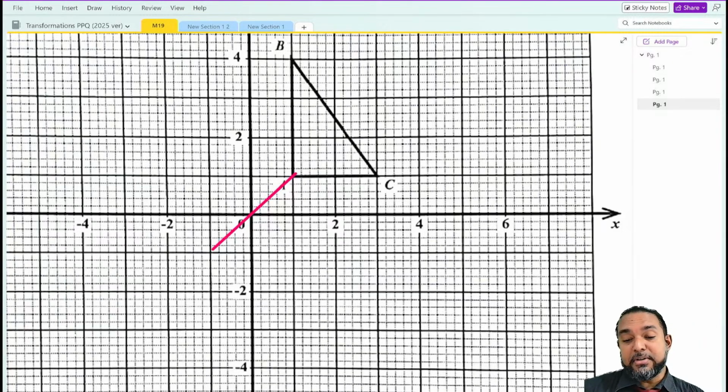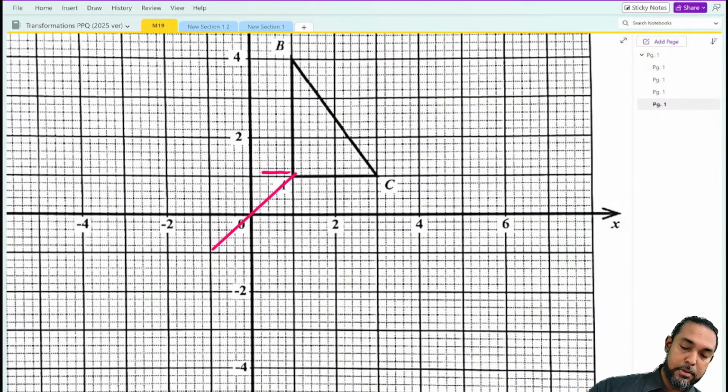Now this one was kind of easy because it was very close, right? But how we would do it is we would take a combination of horizontal and vertical movement, like vectors, right? So to go from point A to the origin, how many spaces to the left would I have to go? 1. And how many spaces down would I have to go? 1. So now when you reflect, you have to do the same thing on the opposite side. So from that point, you have to go across 1 to the left and down 1. So this point here would be A prime, right?